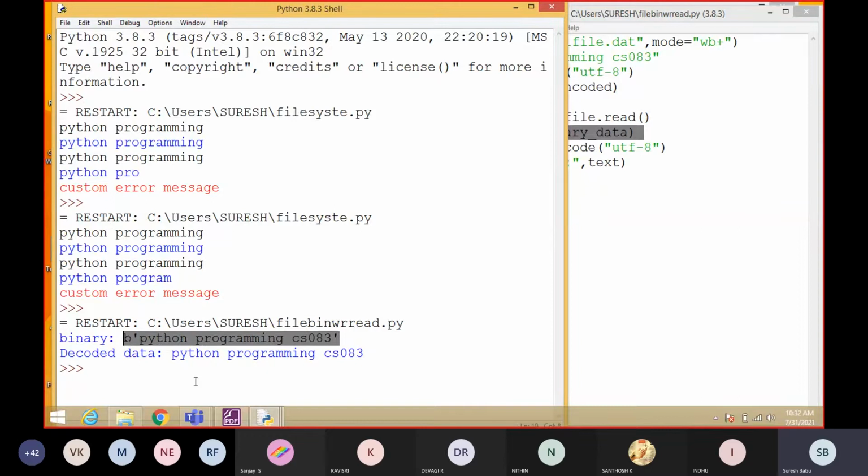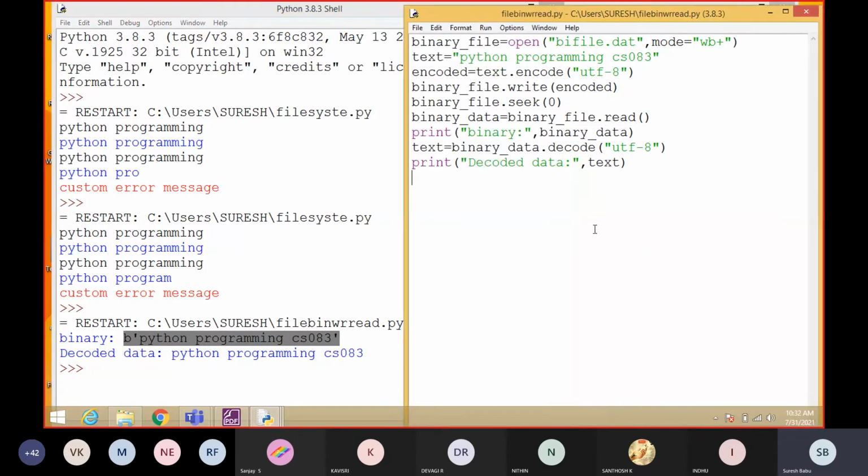Actually it is showing us an understandable format, but it is saving in the system in the format of binary. So this is how we can write and read the data. It is the same kind of text file handling, write function and read function to read the data. Students understood? Without decoding, definitely it will show as binary format. That is the thing it will show.